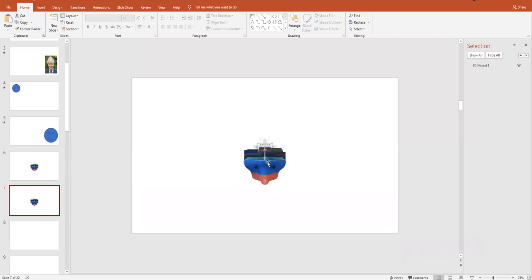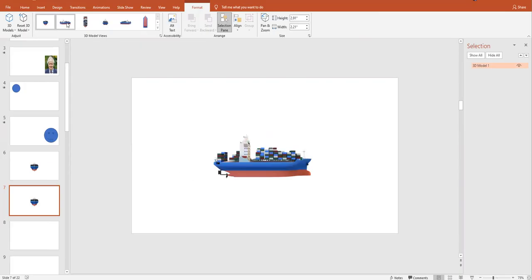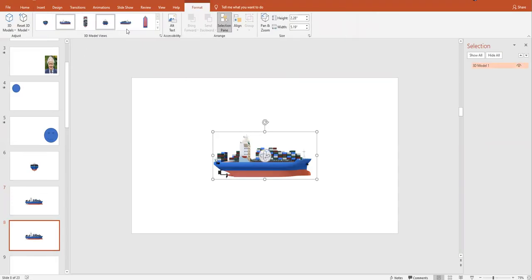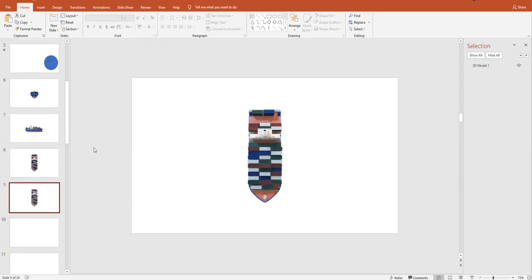Now when I select it, you will see it gives me 3D model views. This is very important. I want this shape to be like this. In another slide, I just copy it, Control D, go to the shape, and in the Format tab, I want it to look like this. I will try all the options available.